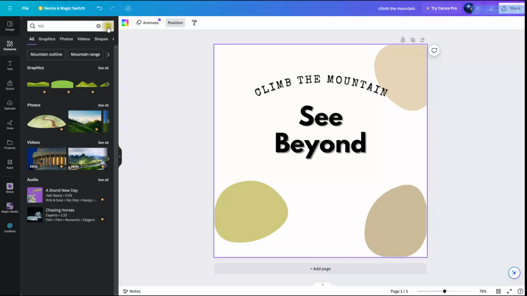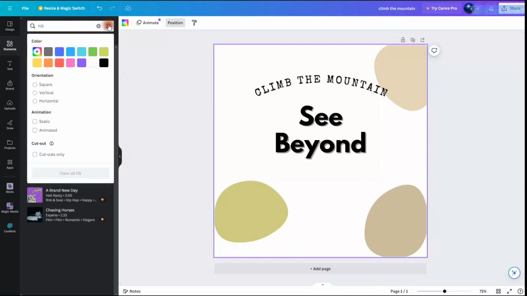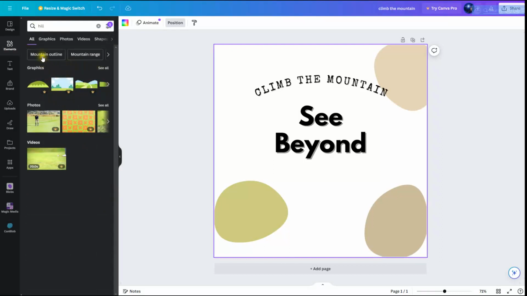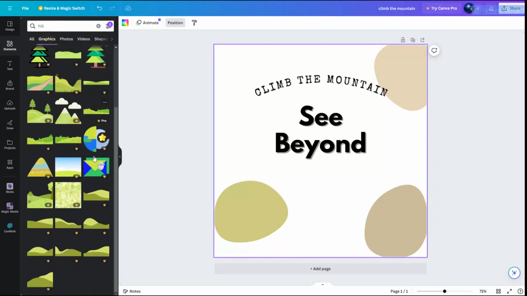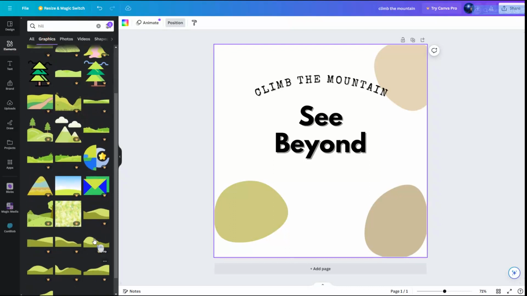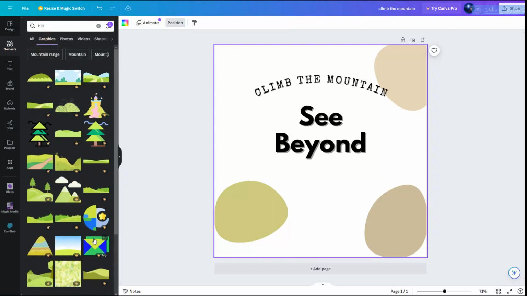But right here, notice that you have this little box next to the search box. Click in there and you can search by a color. So if I just wanted to find a heel that had the light lime green color to it, and click on that, and now I see all of basically the graphics that have the lime green heels in it. So this really narrows down your search, so you don't have to look through millions of clip arts. And this really helps, especially if you're looking for a flower or hearts or something like that, that there's just millions of them, and you want one with a very specific color.